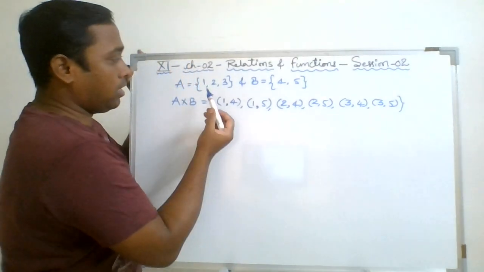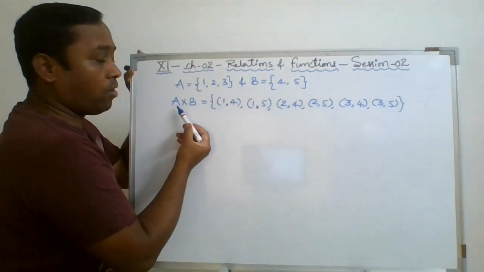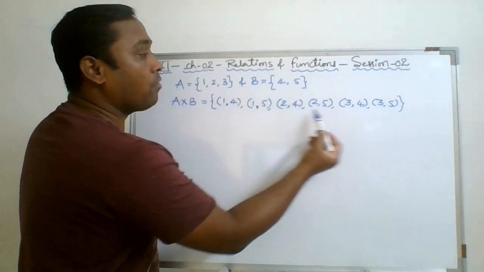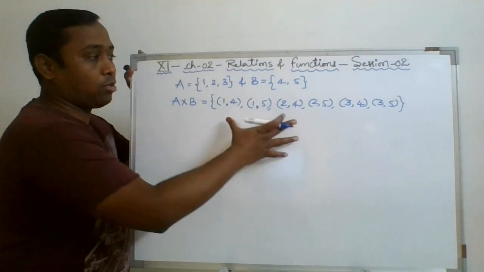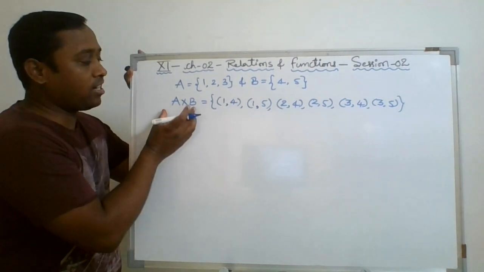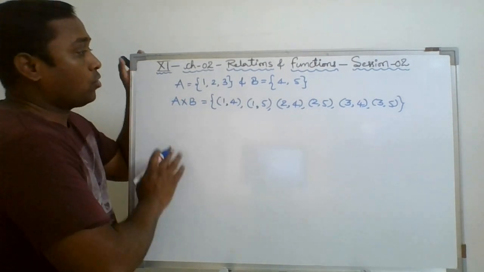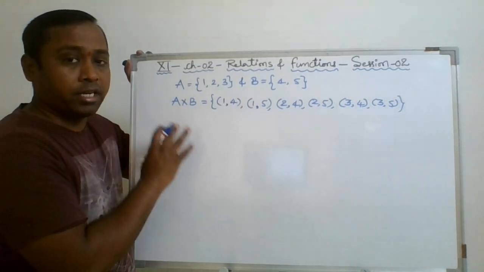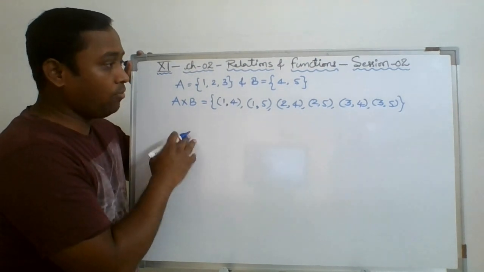And you know that here we are having 3 elements in set A and 2 elements in set B. The number of elements in the Cartesian product from A to B will be 6. You may count, we have listed 6 ordered pairs. So this collection of all possible 6 ordered pairs is called the Cartesian product of A to B. Correct? So now from this Cartesian product, I am defining some conditions on x and y. Then we'll see what will happen.